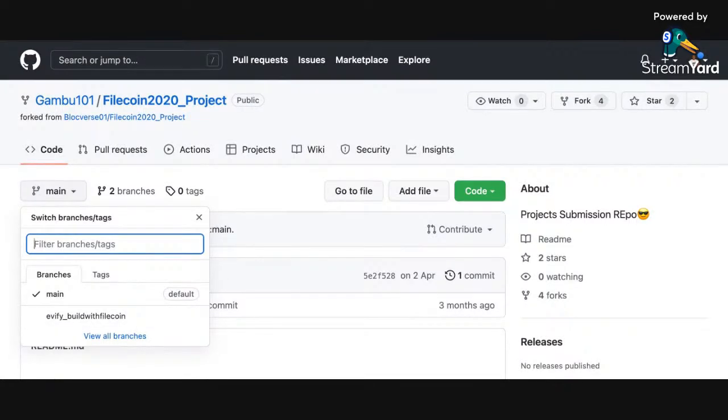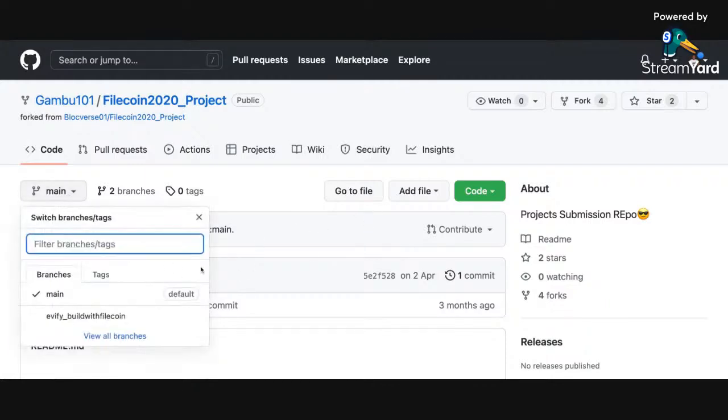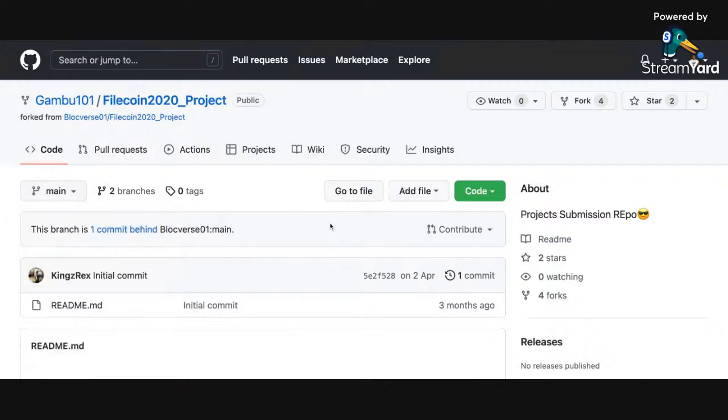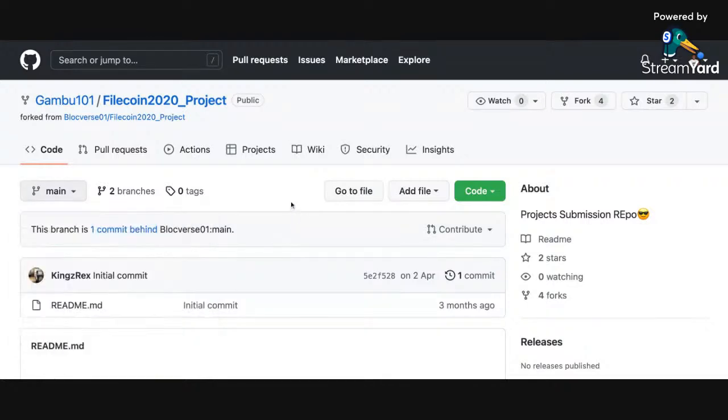Like I told you, a branch is like where you want to save it. It's just like a folder somehow. So where do you want to save the thing? If you are committing right now, the first place is usually main. So anything I'm writing in this code, if I want to push from my laptop into this branch and I commit, it's going to main. But if I switch to FFI build with Filecoin, it's going to go there and you see the things that are there. But before I do the switching, I want you to observe something.